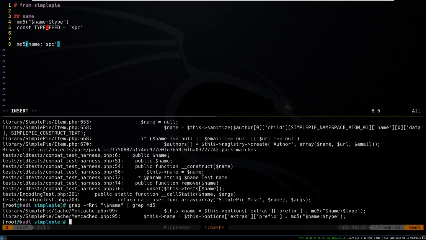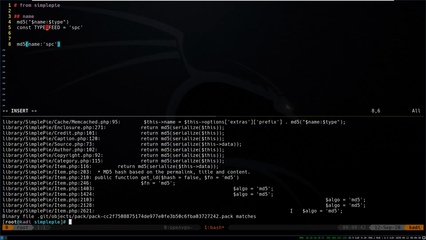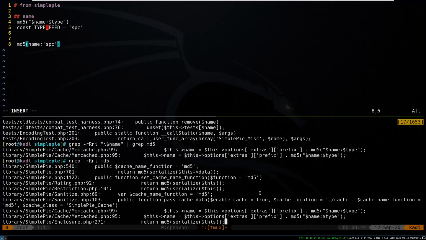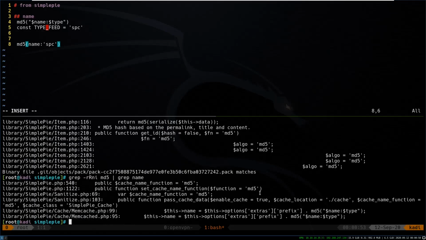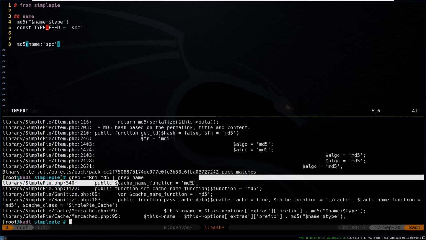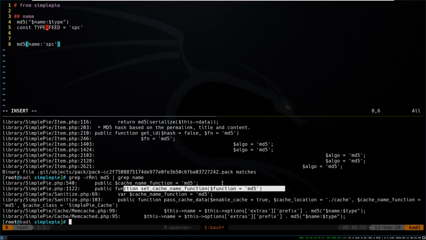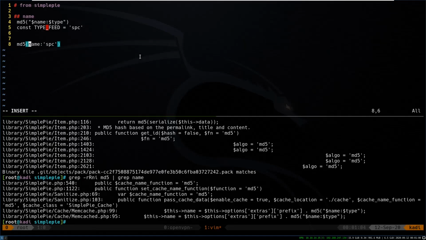So this is in memcached. But looking through here, we see that the cache name function that's naming this is MD5. So it's running MD5 over the name as well. So looking at MD5 of name, of SPC,